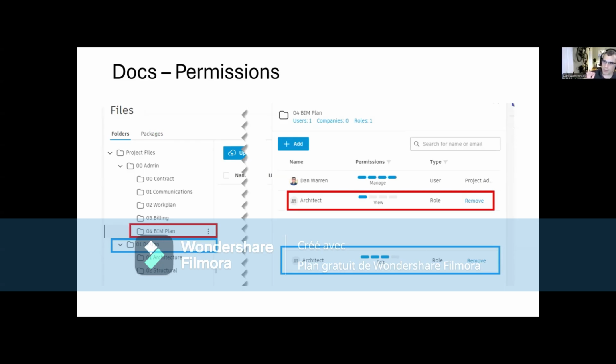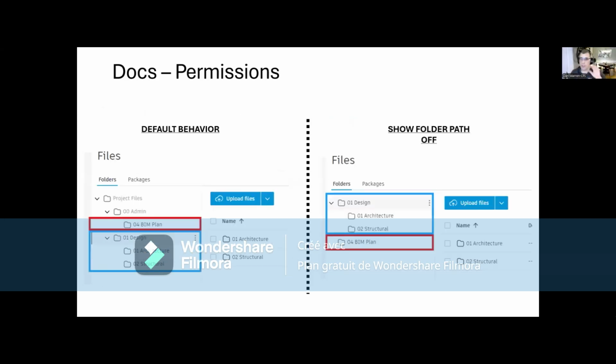In this example you're currently seeing, the role architect is assigned to the BIM plan folder because I would want the architect to be able to see the BIM plan. That could be a contractor, it could be an owner, whatever. It's just the only folder under admin they can see. They also have edit access to the design folder where the architectural and structural folders exist, red and blue. So just remember that they can see the BIM plan and they can edit their Revit files. So the default behavior